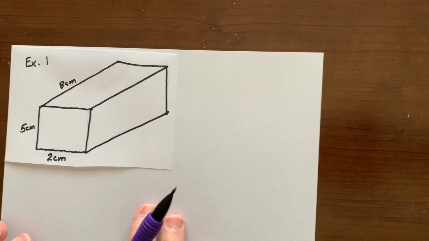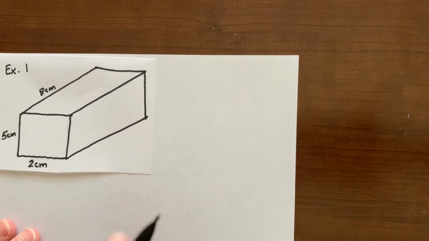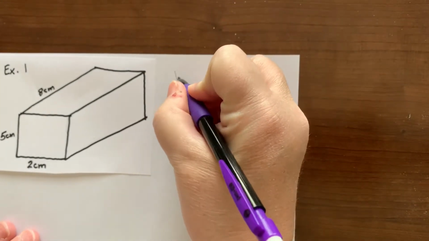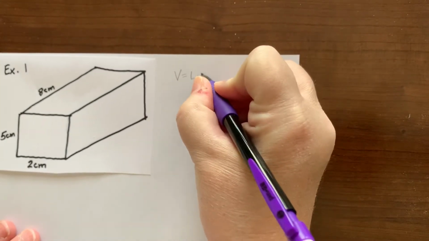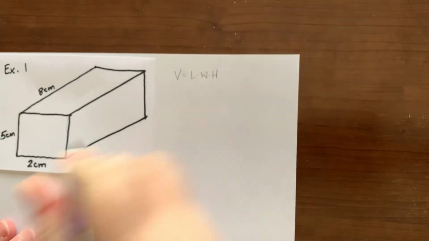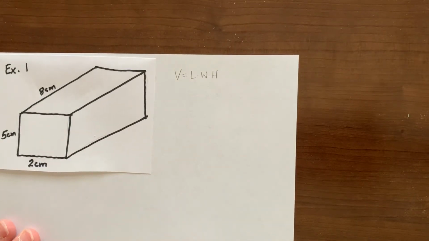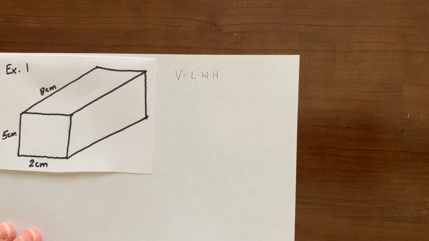So when I do this, I'm going to first always start with my formula. Volume equals length times width times height. Now again, it doesn't really matter which one you use as the length, the width, and the height. The commutative property kicks in here where it doesn't matter which way I multiply these 3 numbers, I should still